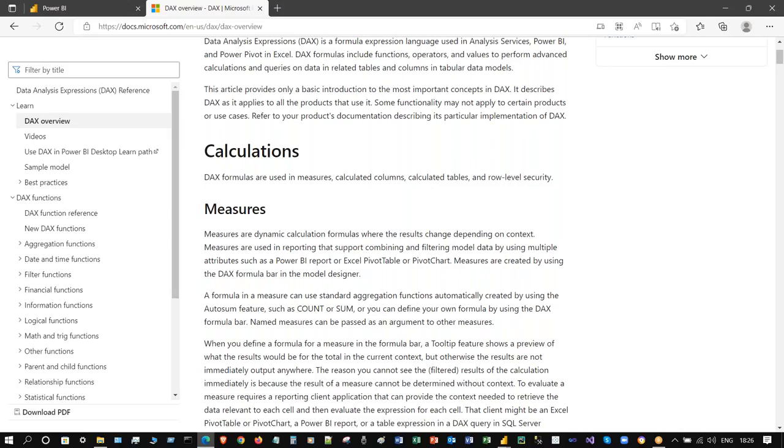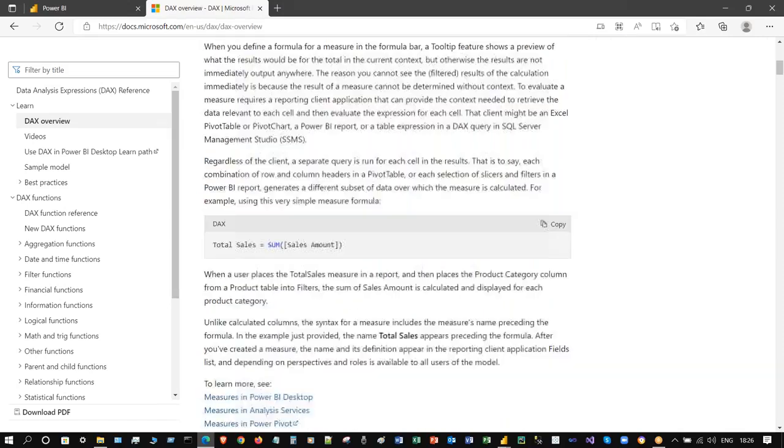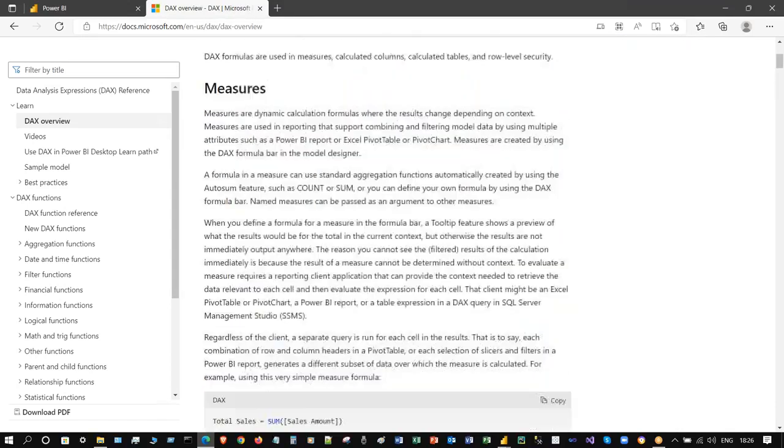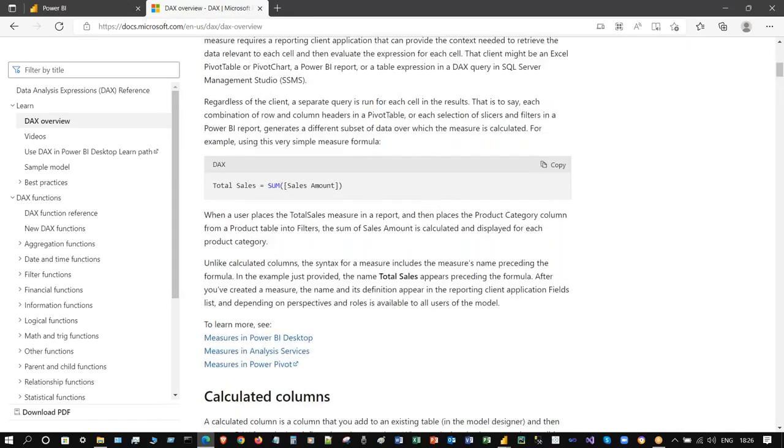And while creating columns, how to create a new column that holds the previous column's uppercase letters, lowercase letters, or left 4 alphabets, right 4 characters, etc. So all of these fall under DAX expressions. A very simple DAX expression is total sales, which is nothing but the sum of a column called sales amount, or